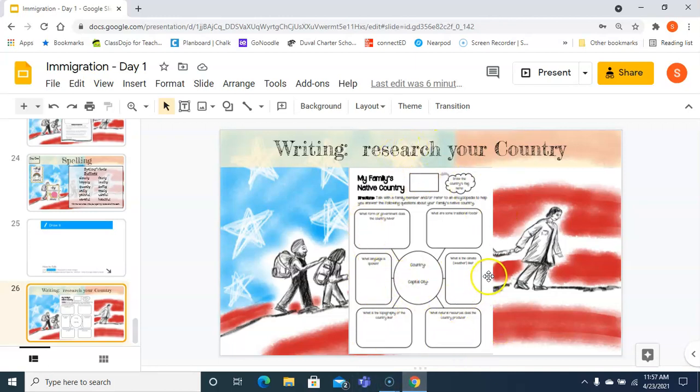This is not going to be due until Wednesday. I'm sorry, this won't be due until Friday, not Wednesday. This won't be due until Friday. So make sure you take your time on it and find all of the things that are on the sheet, because next week when you write your rough draft, you're going to be using this to help you start your sentences and fill things in. I'll be adding to this as well before Friday. So this is the first sheet. I'm going to add another sheet to it so that you can get some more information and just have a lot of facts and information for me for next week when we write our rough draft.